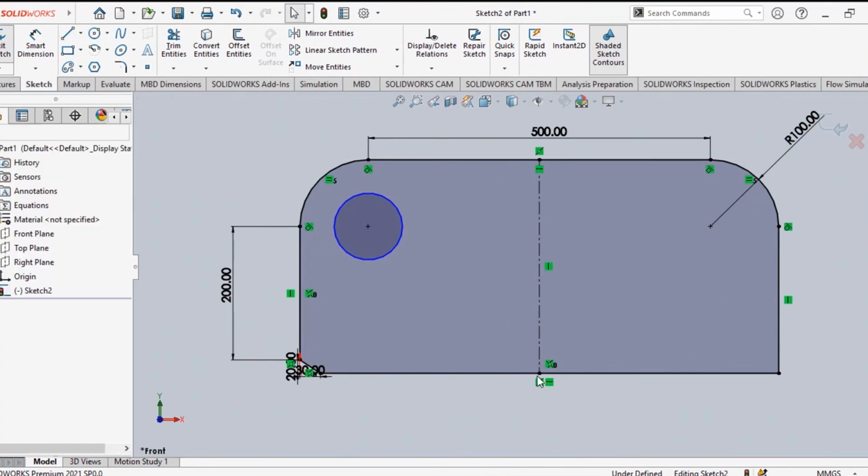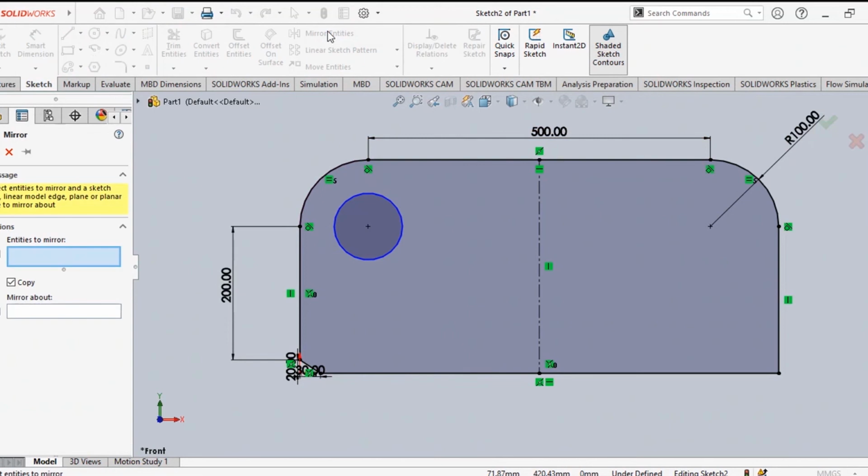Okay, fine. Now we have to start using that mirror command, mirror entities, right? So how to do this? Mirror entities. You select the mirror command. It is actually menu based. It will be asking whatever you have to do, so you will not make any kind of mistakes. You need not remember anything. If you click mirror, the first option is asking: select the entities to be mirrored. Which object do you want to mirror?